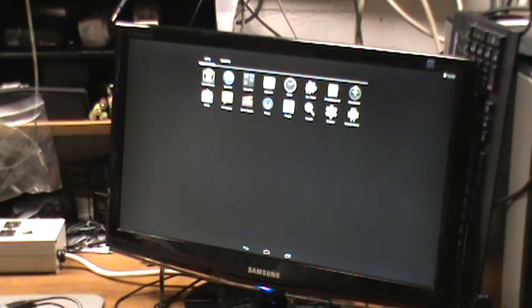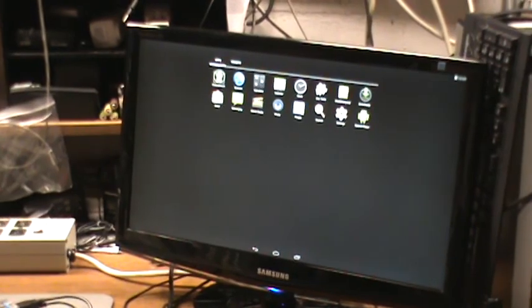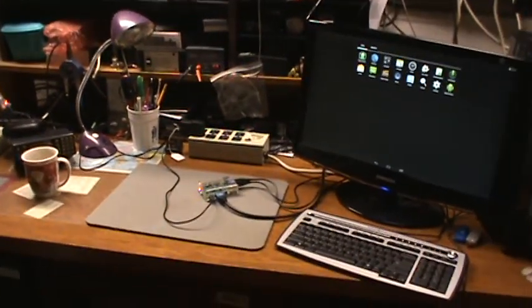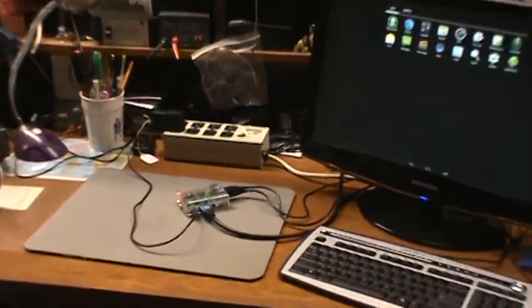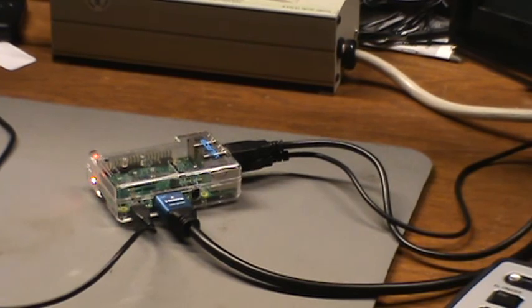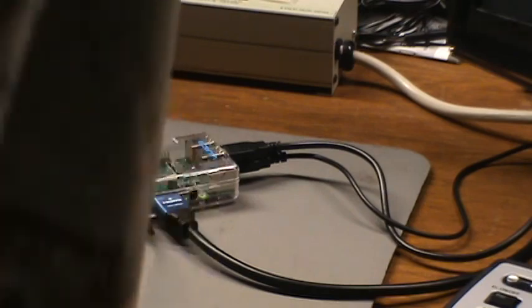One more thing I want to show you before I stop this recording is, let me get up and move the camera without knocking it over. Okay, here we go. We're going to zoom out here. Okay, the one thing that I'm struggling with right now is, and I'll zoom in on it. Whoops, gotta move the camera a little bit. Is the configuration of the hardware. This is typically a setup, and